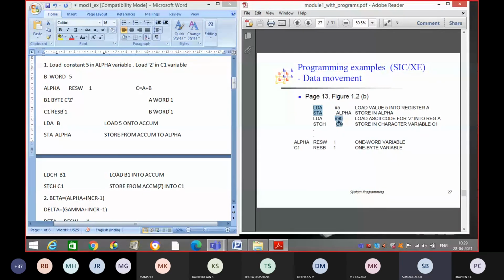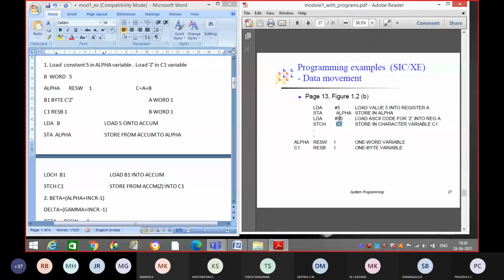90. When we are storing it onto the variable C1, the next statement is STCH C1. That means whatever contents we have in the accumulator, that is nothing but 90, we are storing onto the C1 variable. We know that the C1 variable we have declared as reserve byte, not as reserve word. So at that time, it will load the character Z onto the C1 variable, whose ASCII value is 90.